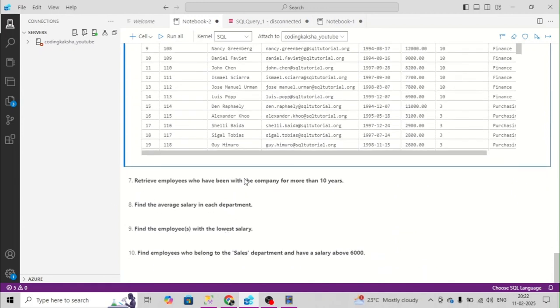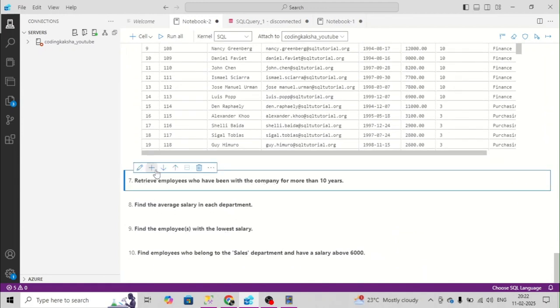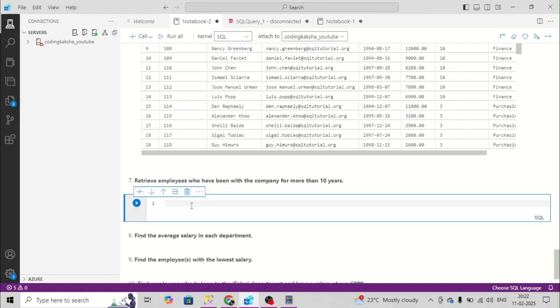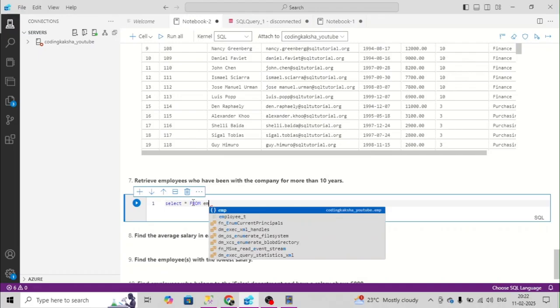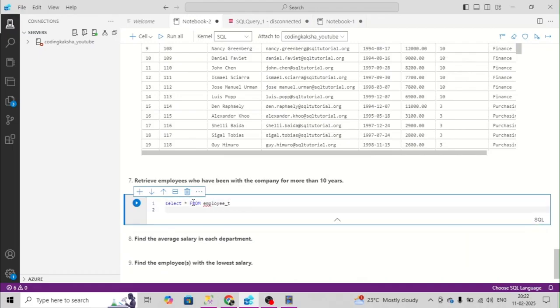Now, we have to retrieve those who have been working in the particular company for the last 10 years. This question is a little bit tricky. We will put select star from, a simple select statement, in which we can do this while putting the filter. But in the filter, there is a tweak. We have to give the employee T, and pass a where condition to find the employee who was working in the company for more